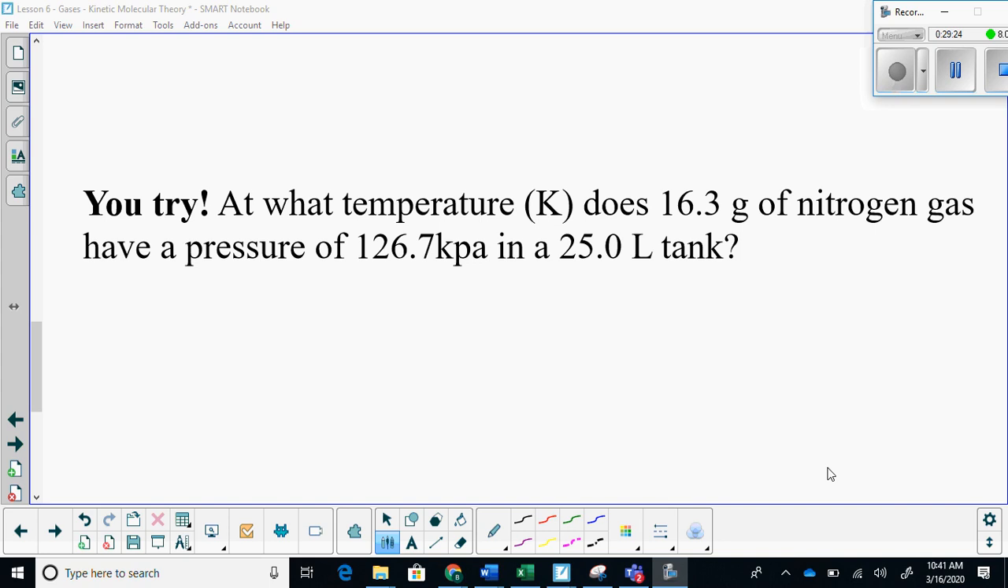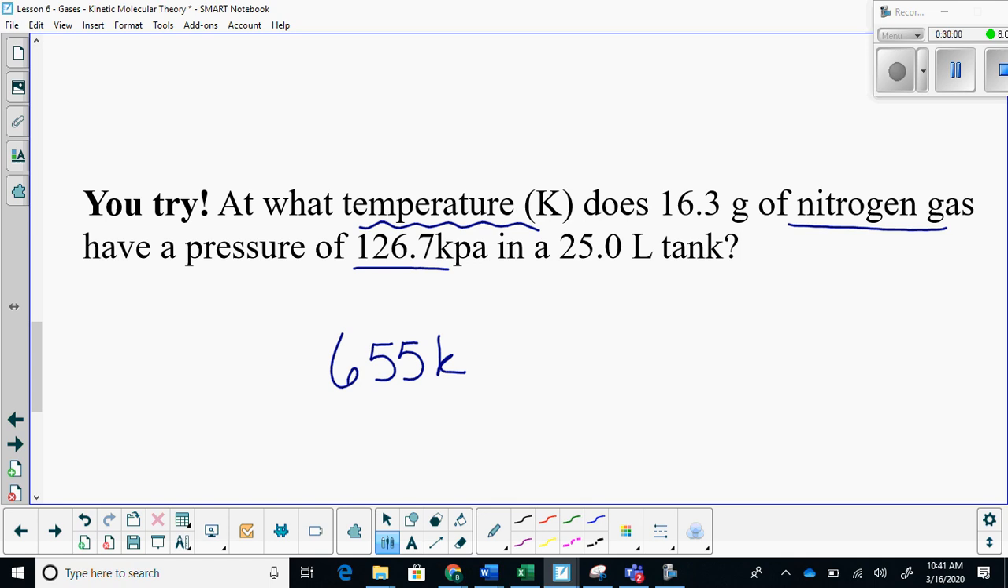Here is an example that I want you to try on your own. You are looking for temperature in Kelvin. So at what temperature does 16.3 grams of nitrogen gas, this is important because you will use it to calculate molar mass, have a pressure of 126.7 kPa in a 25 liter tank? Okay, I'm going to give you a moment to calculate this out, and then you should get an answer of 655 Kelvin. If you want to practice converting into Celsius, you get an answer of 418.3 Celsius. Because it's asking for temperature in Kelvin, this is what I'm looking